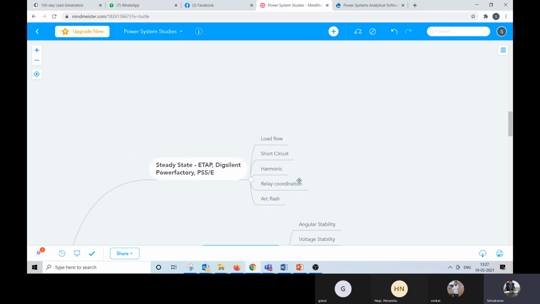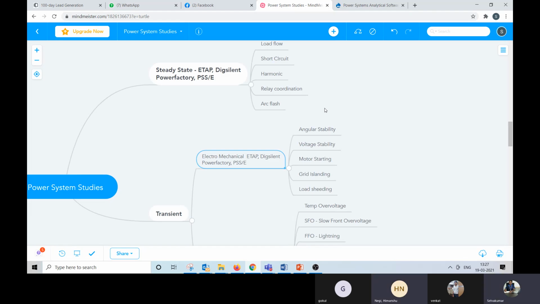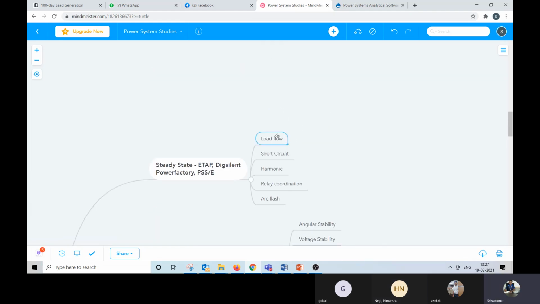Why do we need that at a high level? Let's quickly conclude why we need to perform load flow. We will only answer the questions of why. There could be many bullet points, and this can be shared so you can take it later for reference also. Why do we need to perform load flow? Any quick answers?